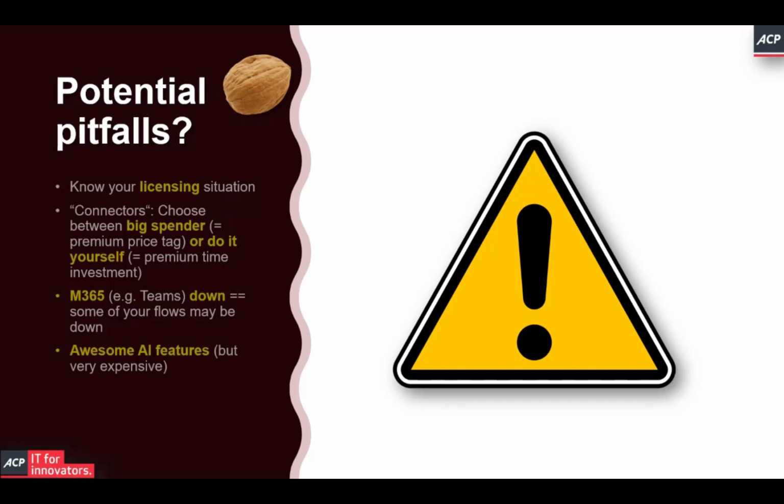Another thing to remember as part of the big spender approach, not only with external vendors, but also within tools that you can add from within Microsoft 365, so services you can add from Microsoft. There's a plethora of things that are really intriguing. So for instance, Power Automate can access very awesome AI features. These are called AI Builder and are also available across Power Apps as well, which are really, really awesome, but they're very expensive. So again, if you have some pictures in your mind or some ideas in your head, make sure that you know if you have the license and if you want to invest.